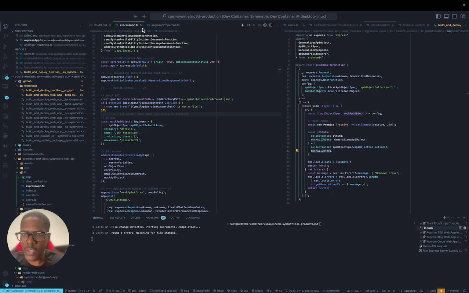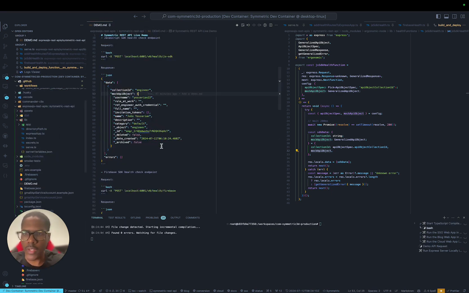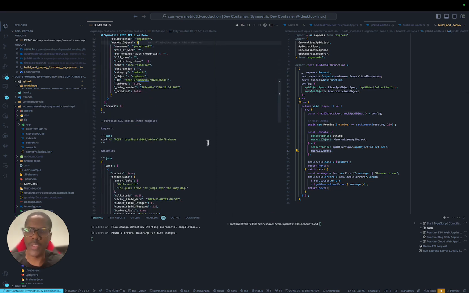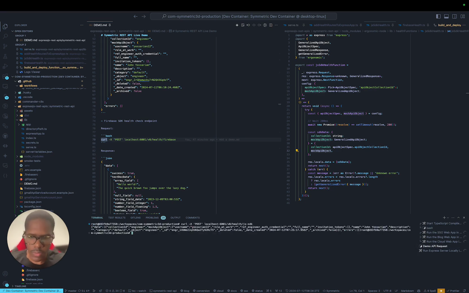So the last health endpoint that I want to deep dive on is the Firebase health endpoint, because this is how you can actually start to build real world applications and not just some localhost that's making random mock data. So let's run this third request and see what we get back. So that's pretty fast. That's a good thing. Well, what we have here for this third